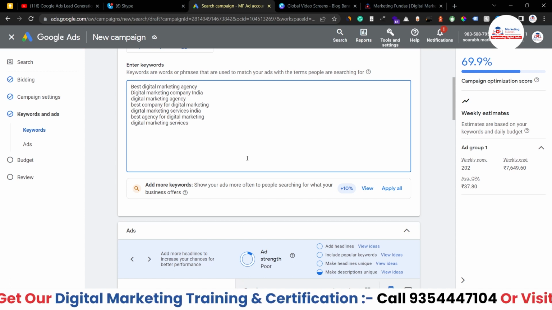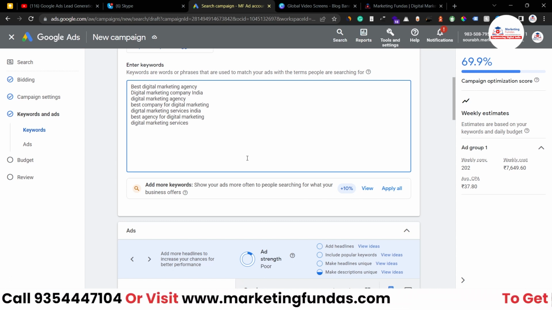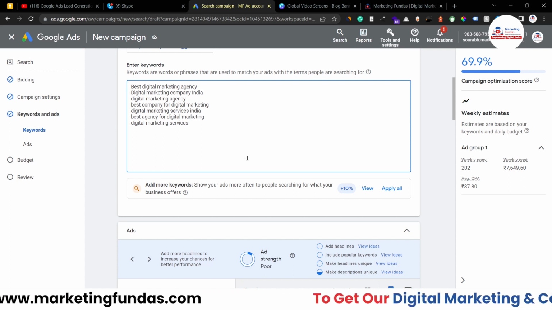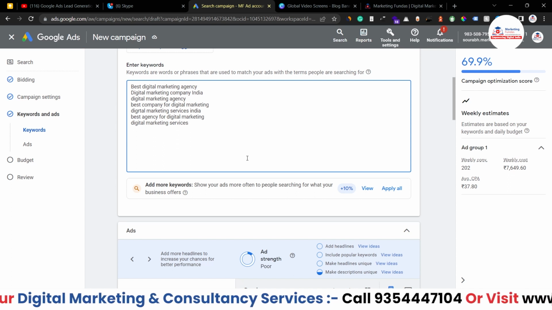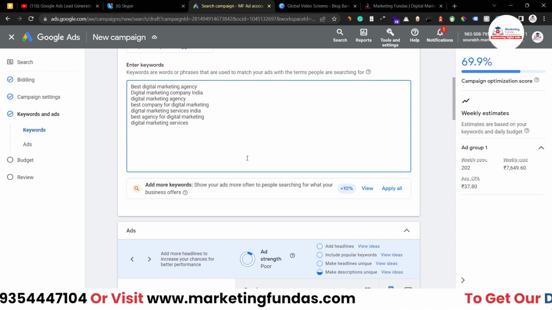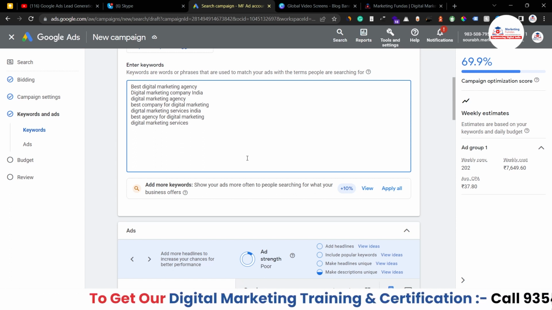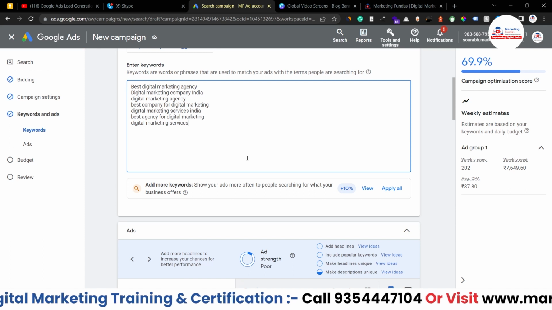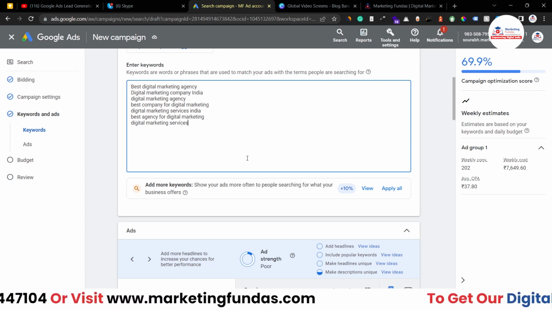Then we have phrase match, where the audience enters similar keywords or similar looking keywords of the keyword which you have added into your campaign, then your ad will be shown, right? And the last we have broad match, where the people just search nearby keywords of the keywords which you have added into your campaign, then the ads will be shown,